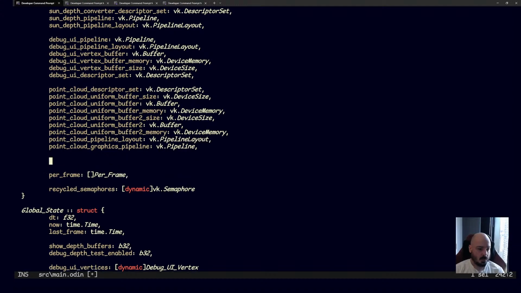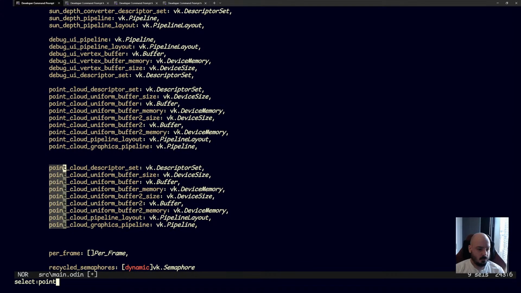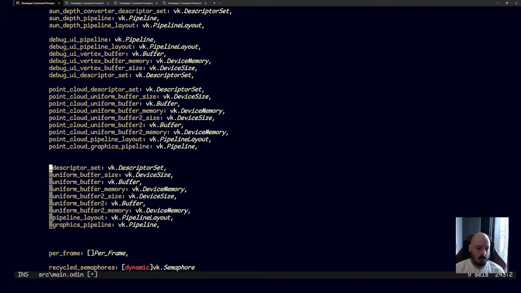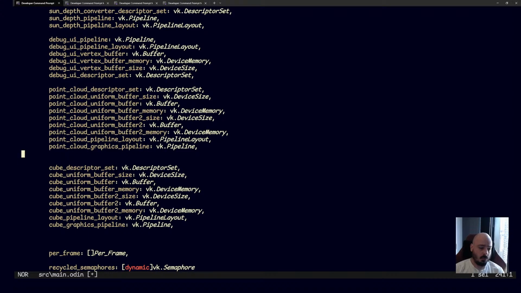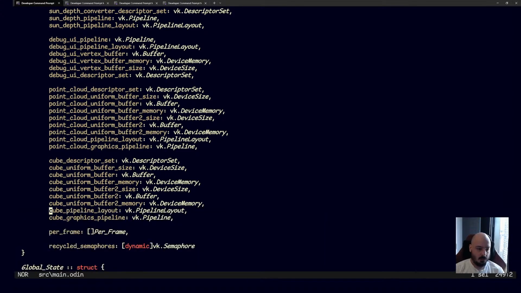Okay, well, that's a lot of them. And we'll just make a seventh one. Point cloud. This is going to be cube pipeline, I guess. Seems a bit strange, but